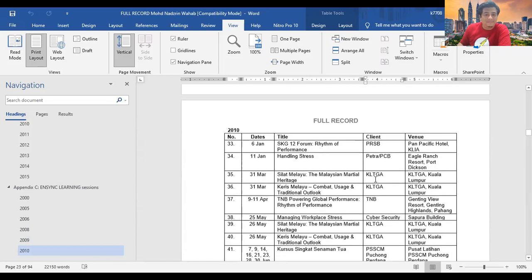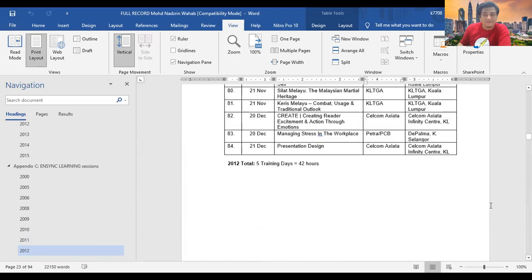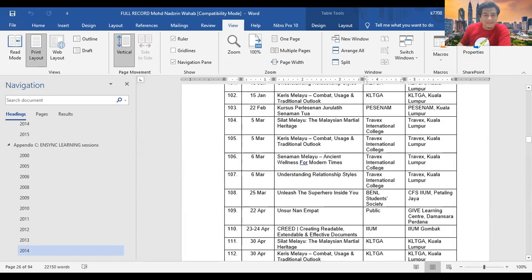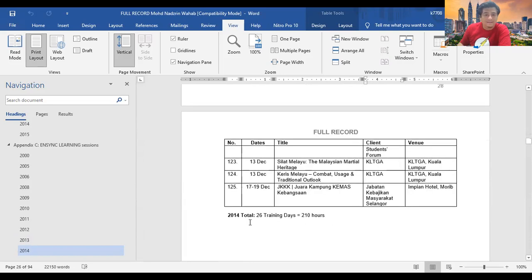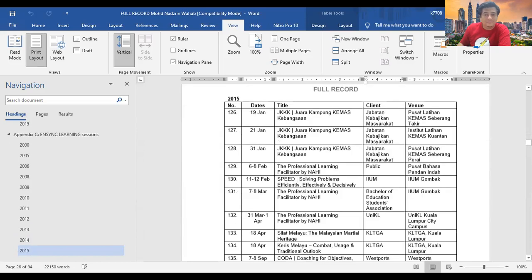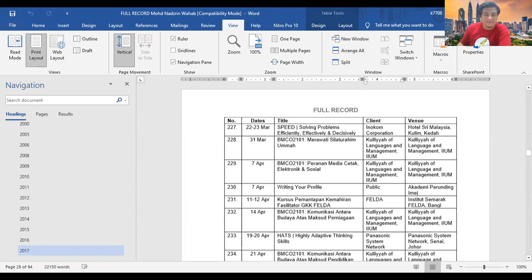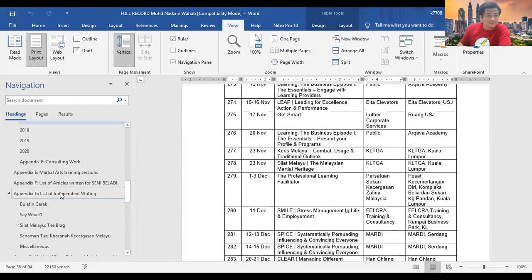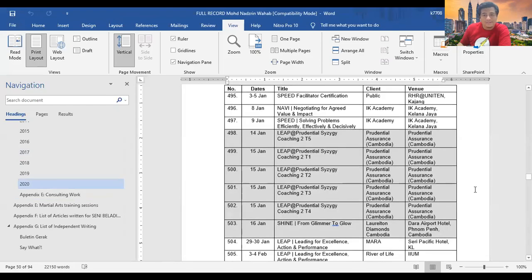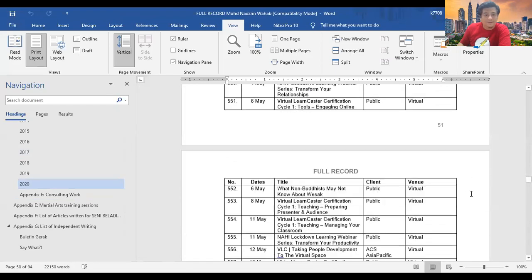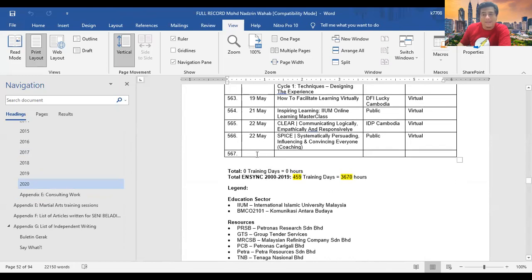So this is my company's log. I'm just going to scroll down. At the end of every year, I keep that habit. I total up, and then, okay, this is getting boring. Let me just go to the end, 2020. As you can see, I have not updated this for quite a while. 2020 goes all the way until May only, because it gets boring after a while. This number is not even updated yet, so I need to update all the way to 2021. The longer I wait, the worse it gets.